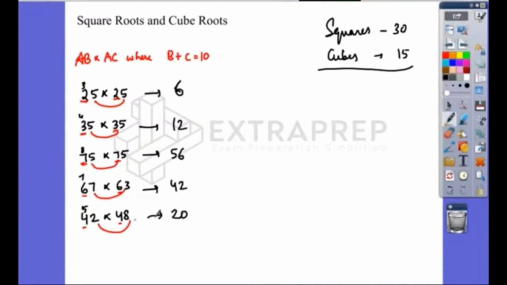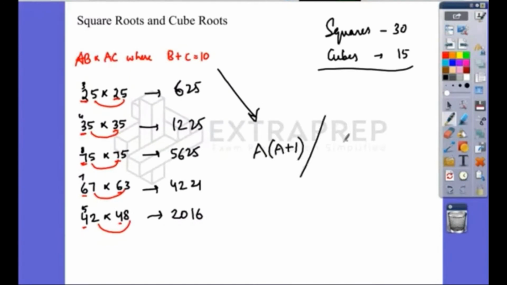Once this is done, 2 8s are 16, 3 7s are 21, 5 5s are 25. So, what did we get as the answer? First, you are taking A into A plus 1, and then you are multiplying BC on the other side. A 2 into A plus 1, 3 gives you 6. B into C, 25. 3 into next number A plus 1, 4. 3 4s are 12. B into C, 25.